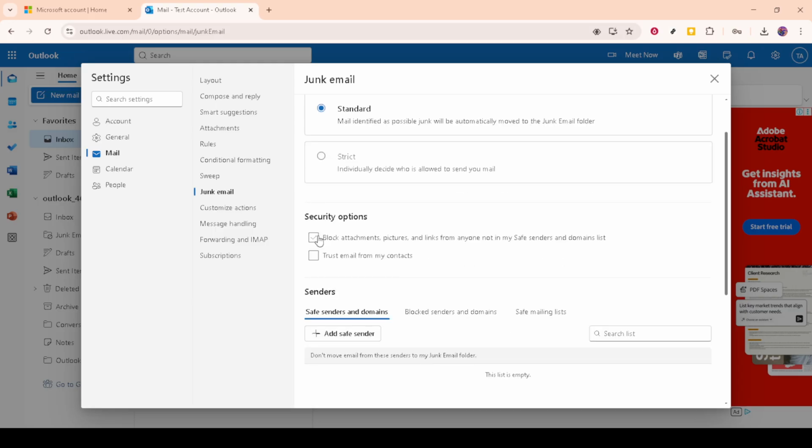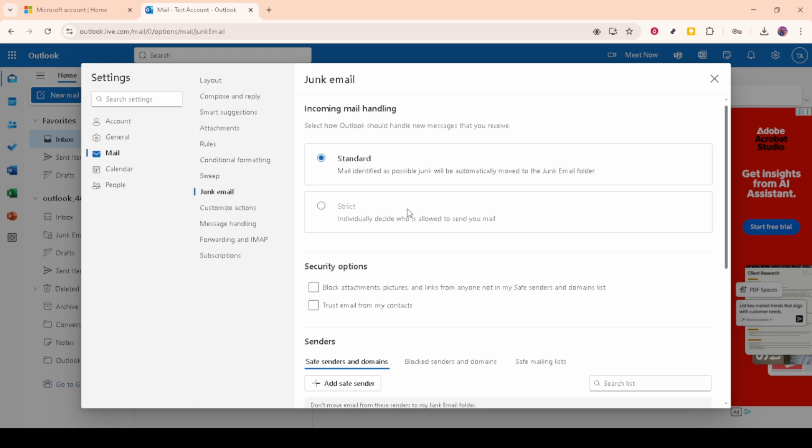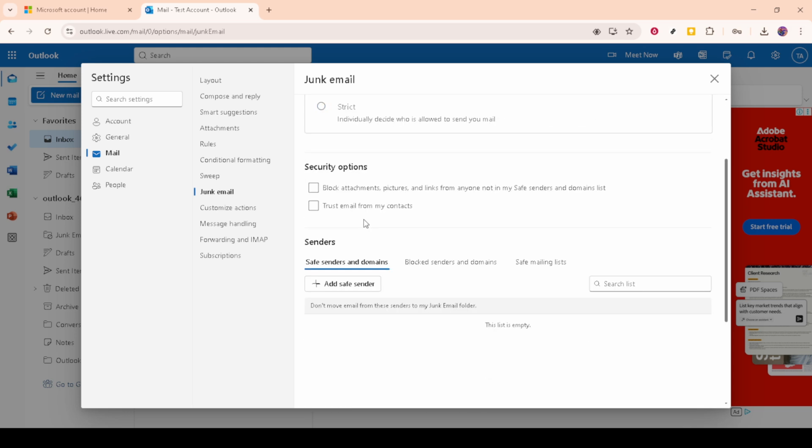And there you have it. By following these steps, you've now successfully unblocked an email address in Outlook, ensuring that important messages from your designated senders arrive without being misrouted. Remember, staying on top of your junk email settings is key to maintaining an organized and efficient email